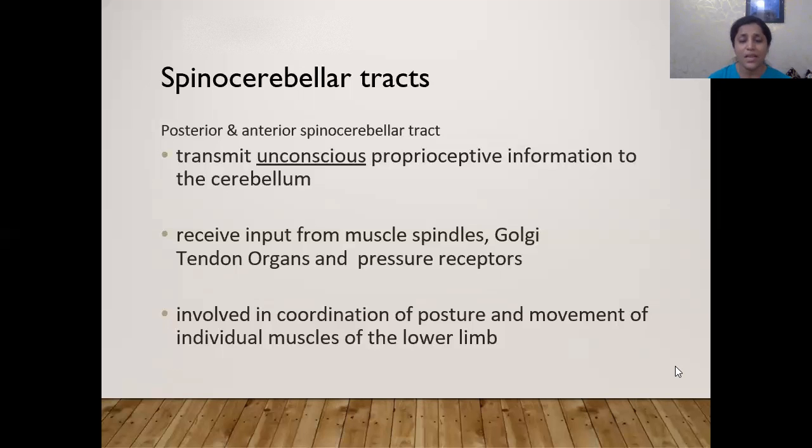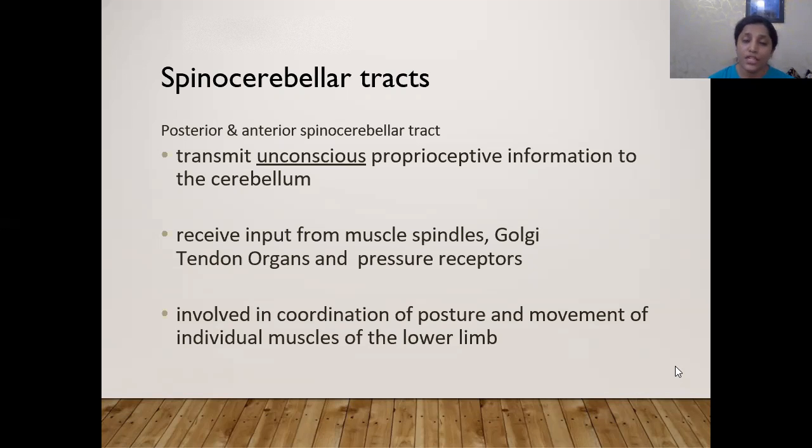And so the larger segment of the spinocerebellar sensations are the proprioceptive information, that is related to the muscle spindles and the Golgi tendon organs. Now, where are these Golgi tendon organs located? Each muscle has two tendinous structures at its end, and these tendinous structures are sensitive to the stretch in the muscle spindle. And here is the Golgi tendon organ, which is the proprioceptive receptor of the muscle tendon, and also the pressure receptors. So these are the three types of receptors which are going to carry these sensations.